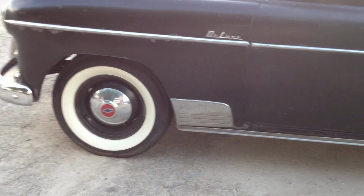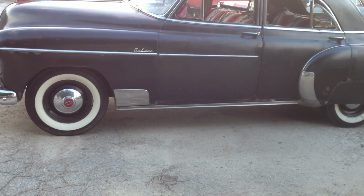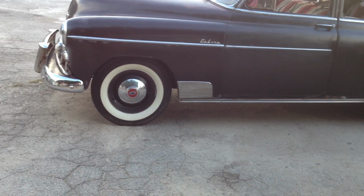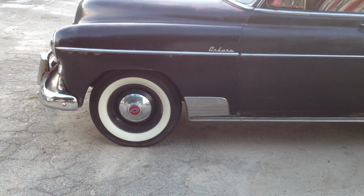I have changed tires since then. I've been driving on the other tires that were on the car. Like I said, I was going to drive until they blow out, and I did. Both left tires, within probably a month's time difference. The left front one separated, so I changed it out. Put the radials I had on the front off my 53, and about a month later, the rear tire on the same side,